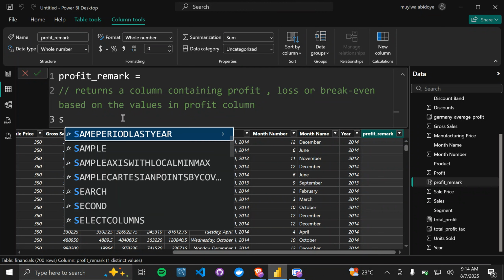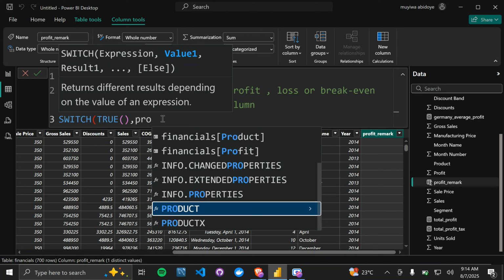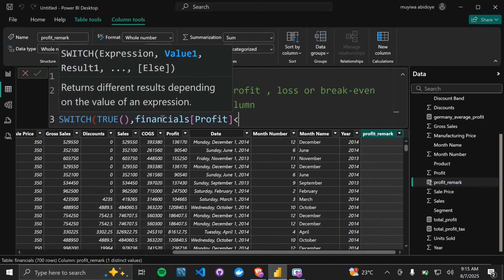So I'm going to say switch, and the first thing is we pass our expression as true. That is, if this particular thing is met, then the expression is true by default. And if it is not, it is false, which means that is only when we activate our else. So what does that mean now? The first thing that we're going to do is say profit, Financials profit less than zero. That is the value. What should be the result of that? The result of that should be loss,